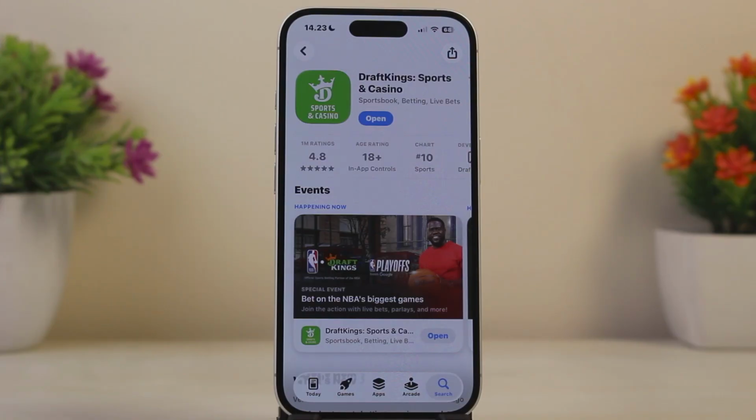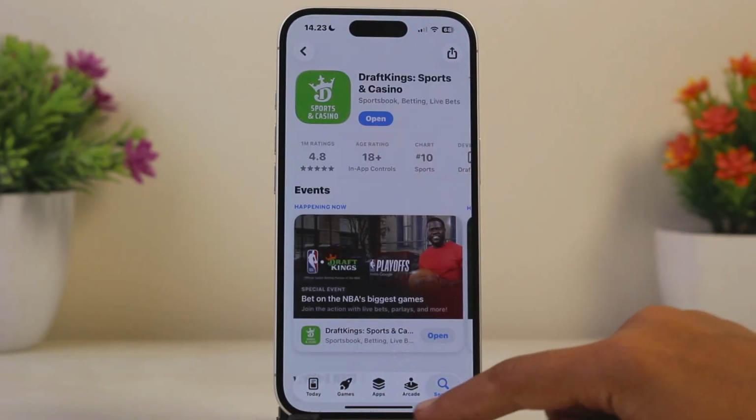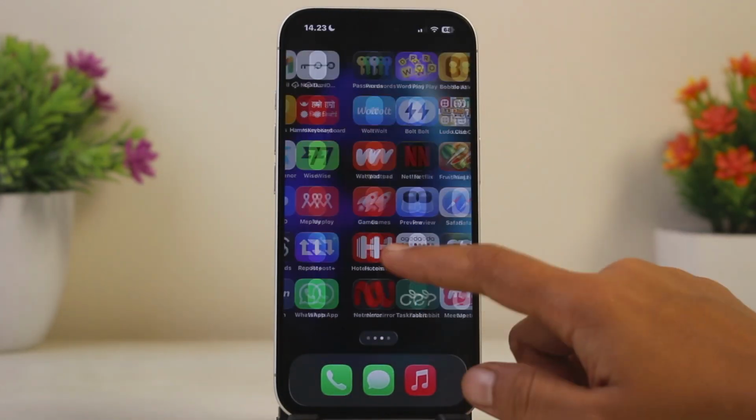Now, the next thing you can do is check the app and account settings. You must be in a legal betting state and have your phone's location services or GPS turned fully on for the DraftKings app. So for that, go to your device settings, then